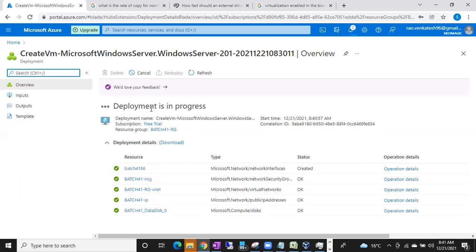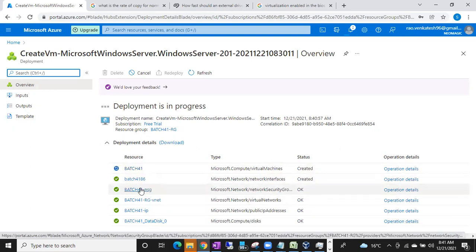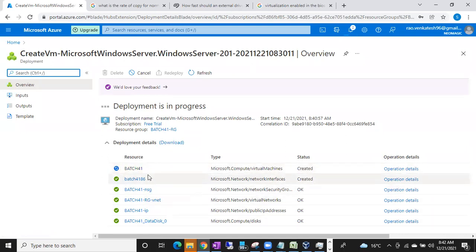Nothing I did, it is simply going to be deployed. Now it is going to install the operating system. No need to install it from our side. Automatically it will install the 2012 operating system. It is going to create all the resources. See, these are all resources. This is the network security group, one resource. This is the VNet, one resource. This is the IP, one resource. The machine that is being created is one resource. All these resources for batch 41, you can call it a resource group. Under the batch 41 resource group, these are all the resources: your server, your drives, and your network IP addresses. All these resources will be under one resource group.